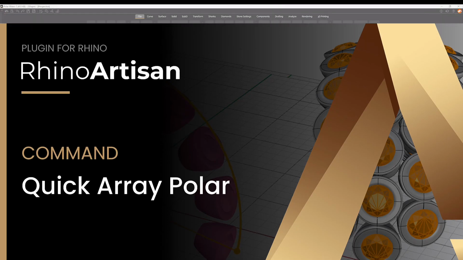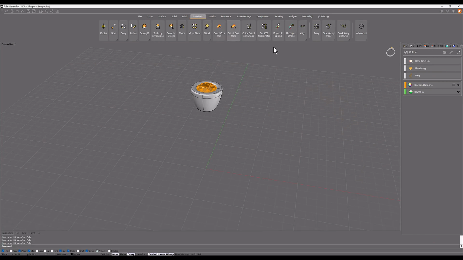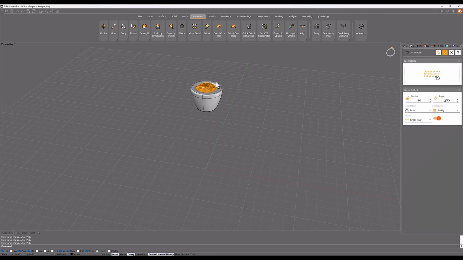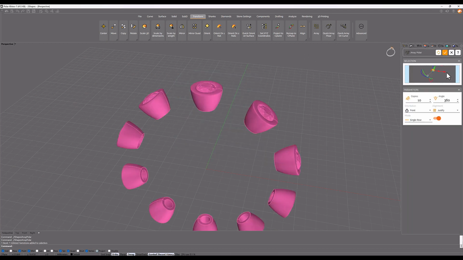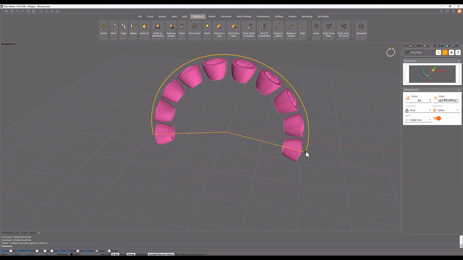I would like to talk about a new command called Quick Array Polar. The idea is the same as polar array, but now we can see previews. We can select the objects to create the matrix, and then we can define the angle we want to cover. That is the concept. We can modify any parameter and see the result,